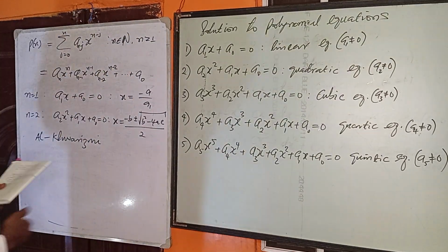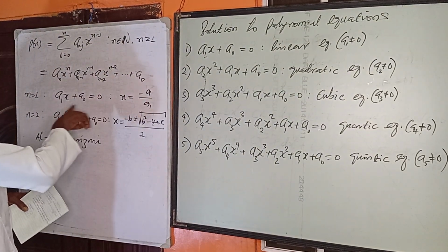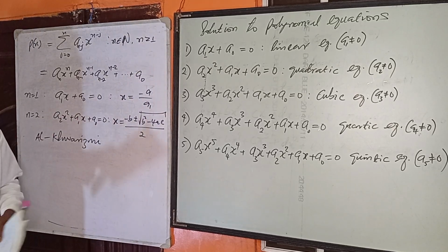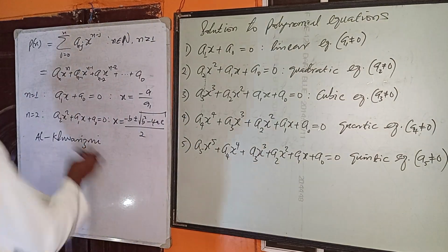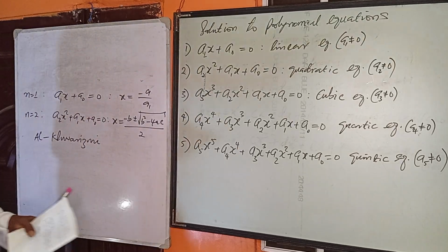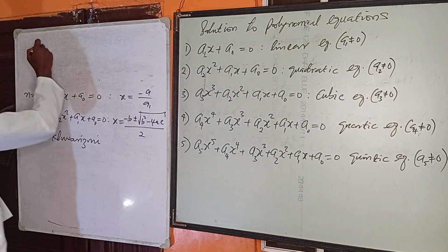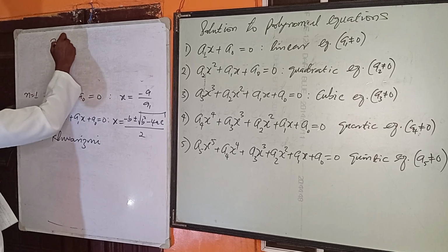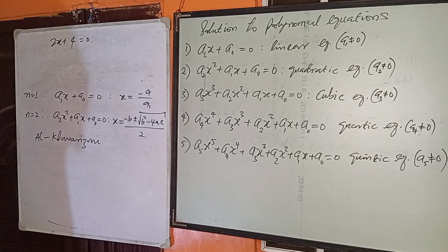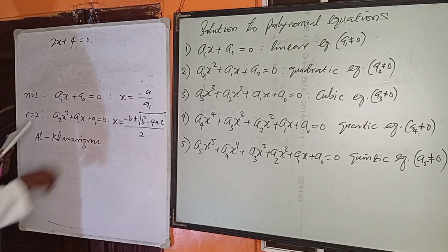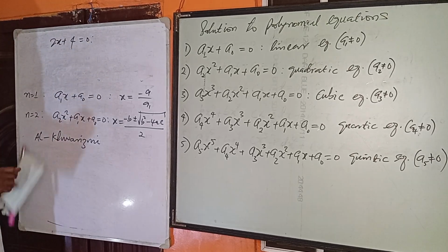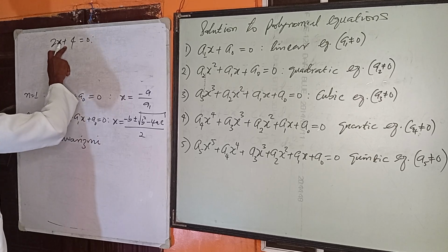Now, we'll take a specific example of each of these problems. For number 1, which is quite elementary, we'll just do justice to that. If I have 2x plus 4 equals 0, and I'm asked to solve this, solving it is nothing but finding the value of x that will satisfy this equation. Now to solve this, the solution: